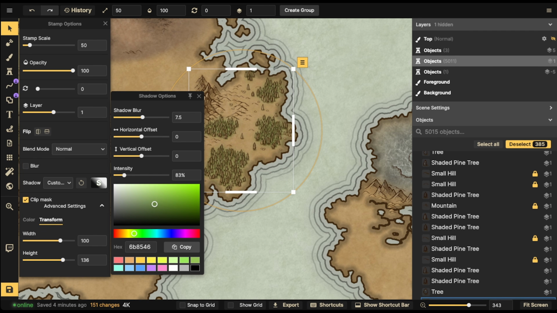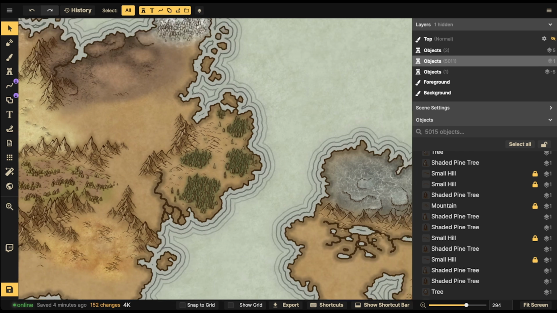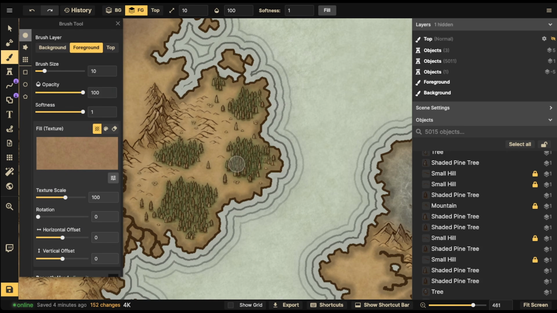Let's bring the blur down a little bit. Let's bring the intensity up. Let's bring the brightness down a little bit. There we go. Okay, that looks fine. That looks good. And then just like before, this time I think I'll put a